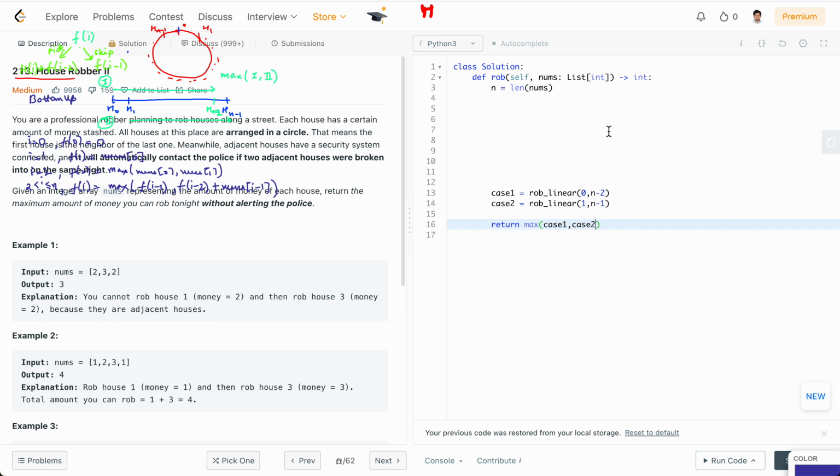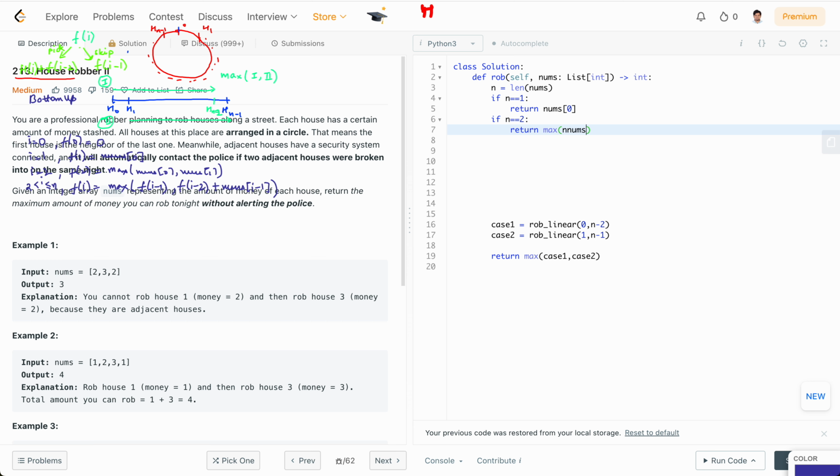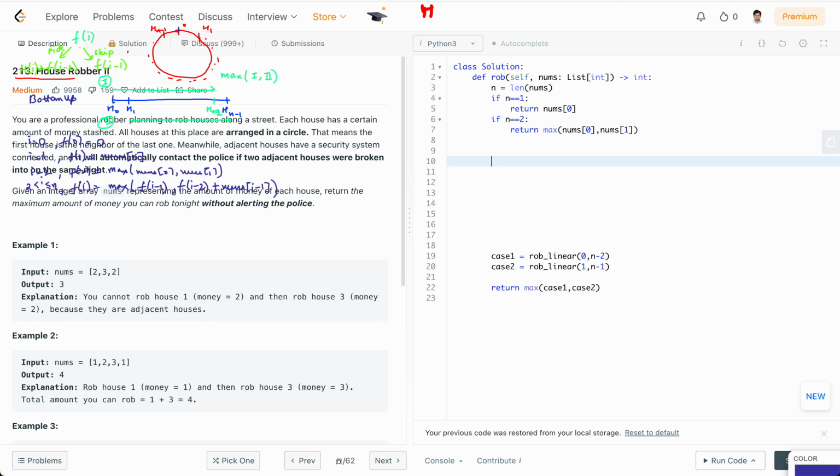So this is case 1, case 2, and the general definition is if there is one house we'll just return nums of 0 because that's the loot we found, and if our n is 2 then we'll return the maximum of nums of 0 and 1. So the two houses that we found in the array list we have seen, and we need to define our rob linear function